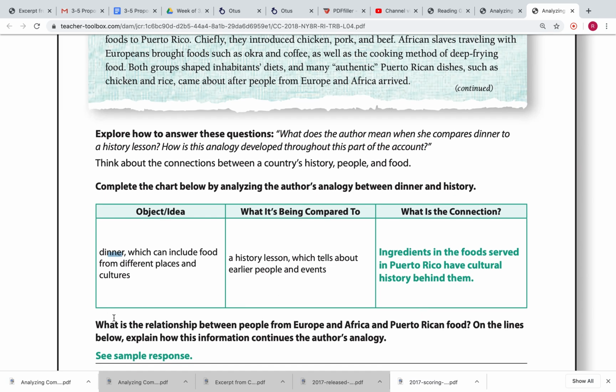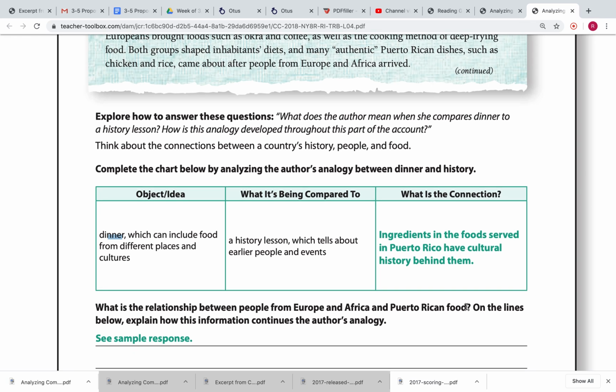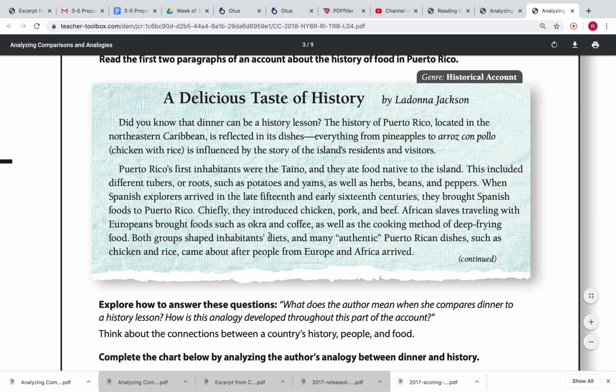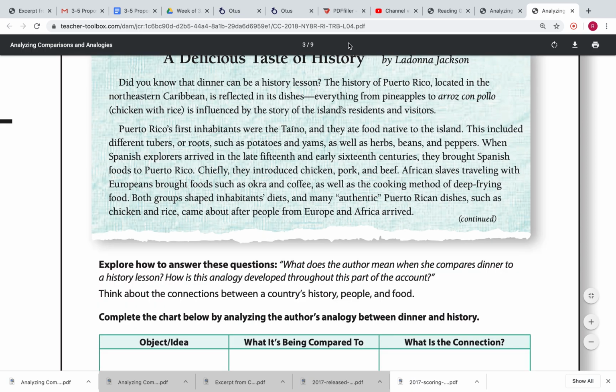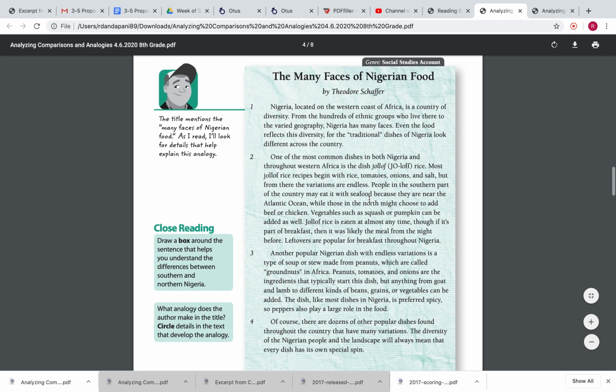So, what is the relationship between people from Europe and Africa and Puerto Rican food? I don't need you to write this in your book, but this is basically what we just went over, and that should explain how the analogy, dinner is like a history lesson. It explains that, right? All right, now for your classwork and your exit ticket, you're going to read this text,